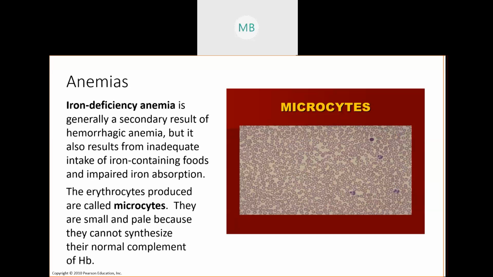Other types of anemias can vary because of iron deficiency. If you have a low hemoglobin count, for example. So iron deficiency anemia is one of the most common types of anemia. And iron deficiency anemia can result from a number of things. Either it's a secondary result of hemorrhagic anemia and your body didn't have enough iron when you tried to rebuild more red blood cells, so you don't have enough hemoglobin inside the red blood cells you do have. You may have an adequate intake of iron-containing foods. Some places of the world are very